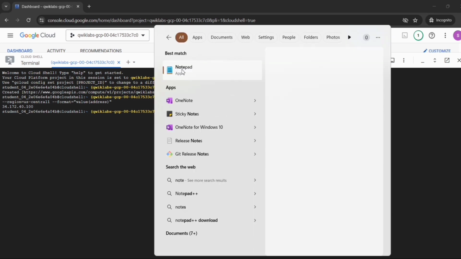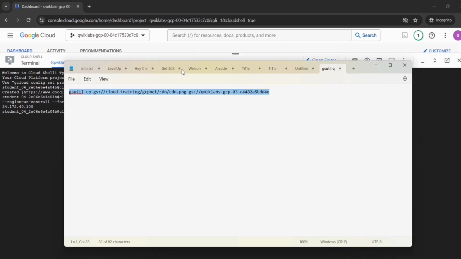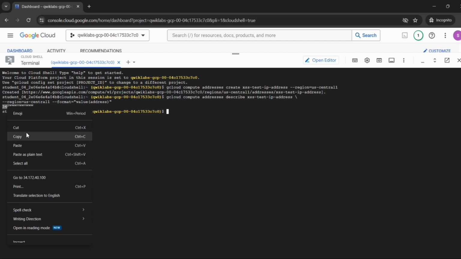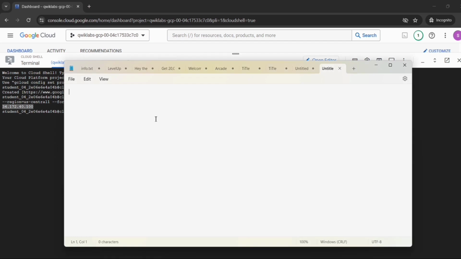You can use an online notepad also. Let the notepad open. Now clean the file. Now go to the shell. Now you have to copy this IP address from here and go to the notepad and paste the IP address here.